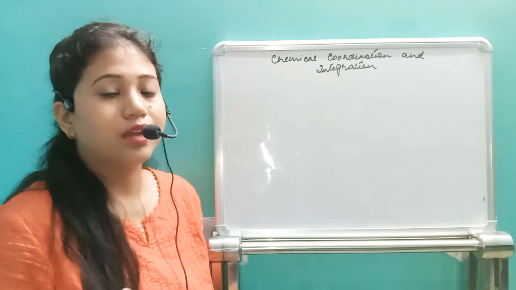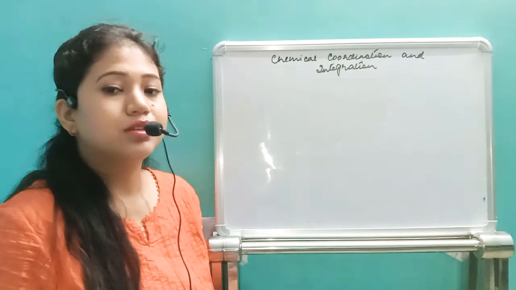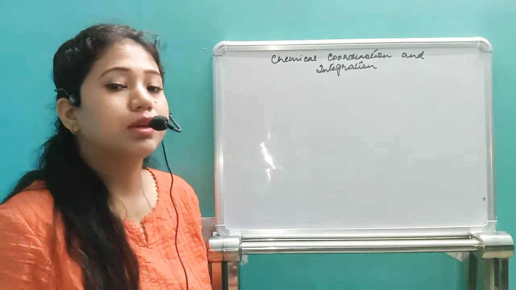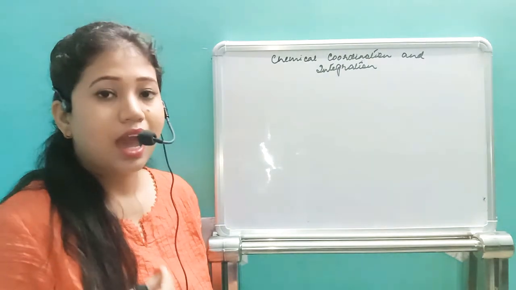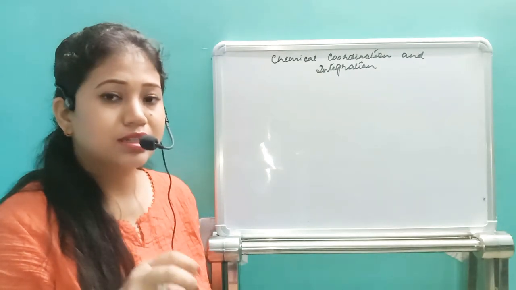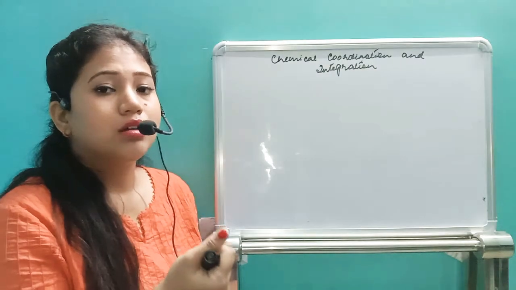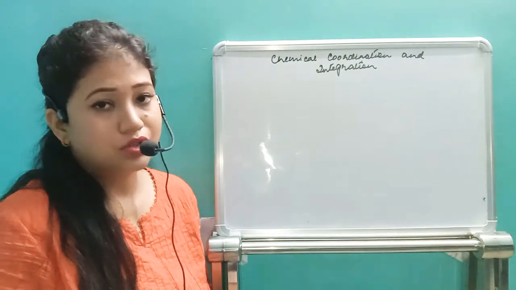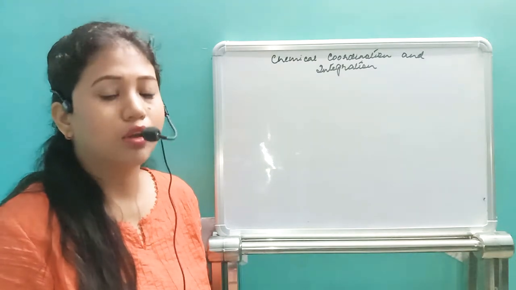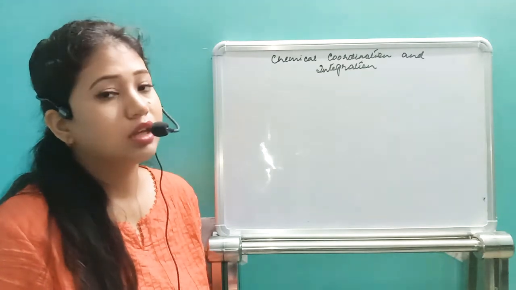So what's the reason why we have the chemical coordination? Already we have the neural system, isn't that? So what's the difference between the neural system and the chemical system? In the chemical coordination, the hormones are released and they work on every cell, stimulating or inhibiting the cells. So it works on the cellular level. But the neural system works locally in a particular organ, not the whole body. If the whole body or all of the cells need to be stimulated, then the neural system cannot work.